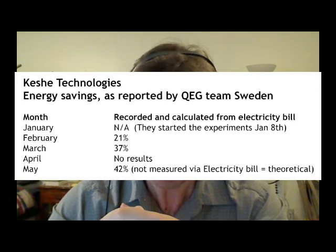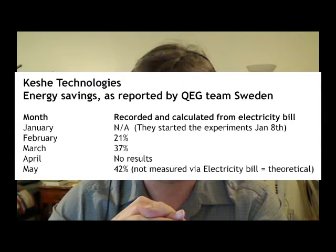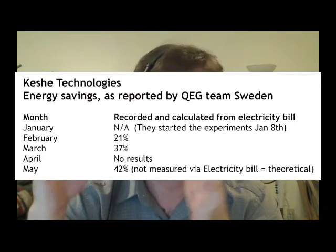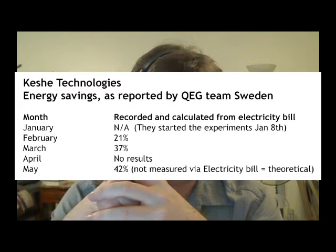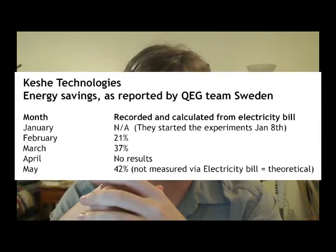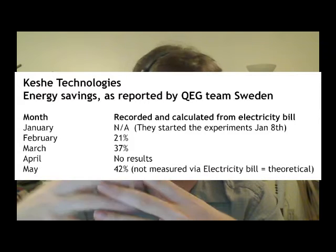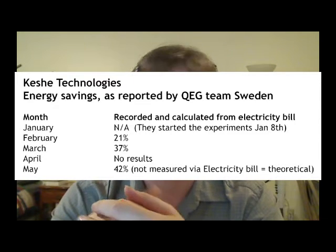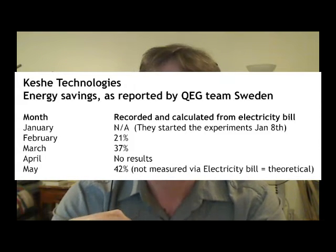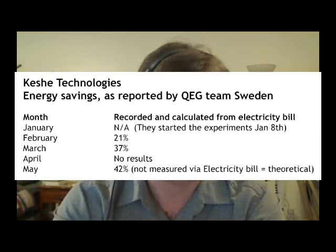As far as the last time they posted numbers, here are some of the numbers from the electric bill savings. I just made an update. Last time we checked was in February, I believe, and they had an apparent savings of 20%. March was 37%. April, no results. They didn't post anything. They didn't seem to have been doing a whole lot except running certain things and changing equipment and whatnot. And at the end of May, they posted the new results,